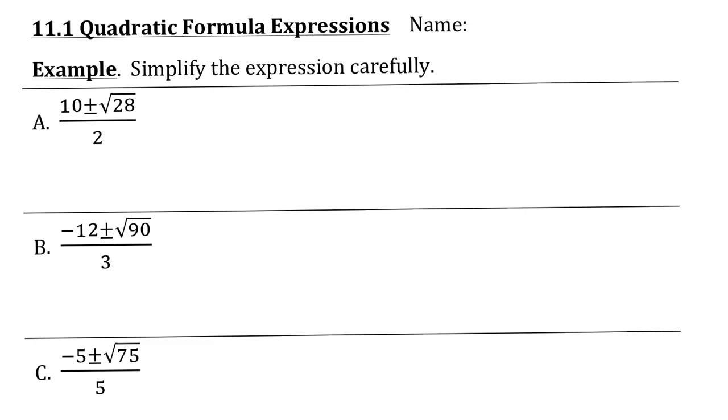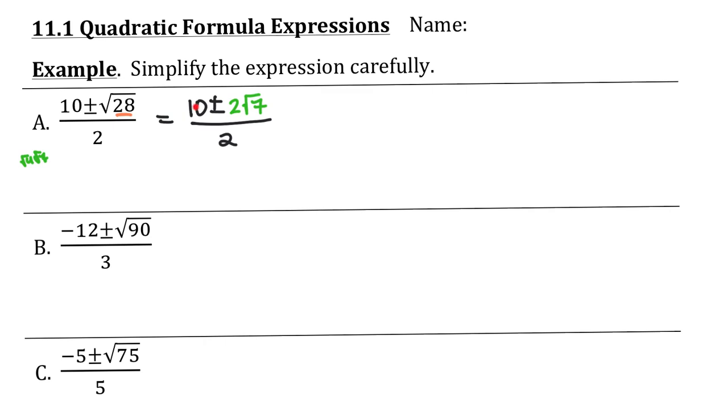But if I look at this carefully, I can see that the square root of 28, while it's irrational, is simplifiable. So I'm going to do 10 plus or minus. Now, if I simplify the square root of 28, what can I multiply to get 28? 2 times 14, 4 times 7. If I do 4 times 7, the square root of 4 is 2, so this turns into 2 square root 7. Okay, so now I have 10 plus or minus 2 square root 7 divided by 2, which is really